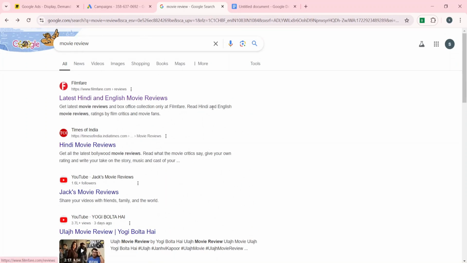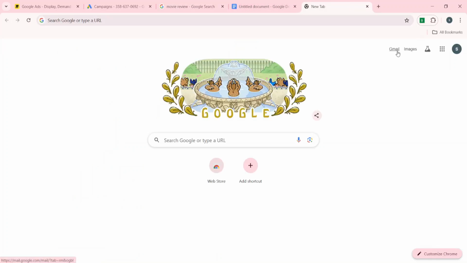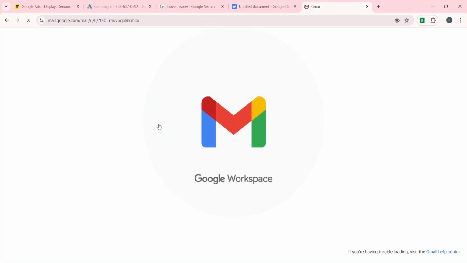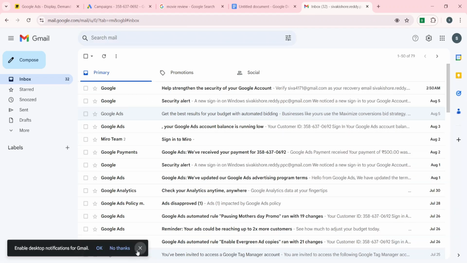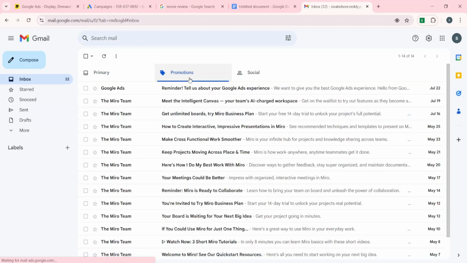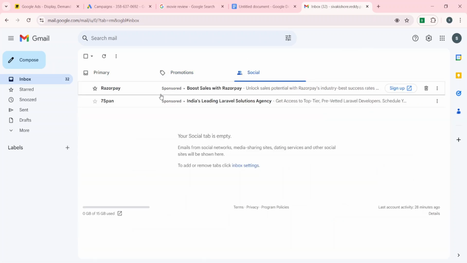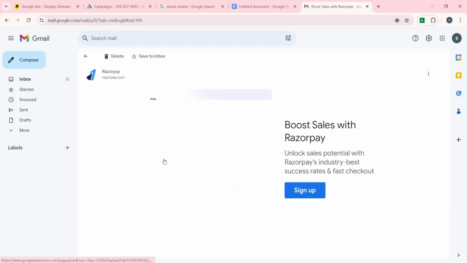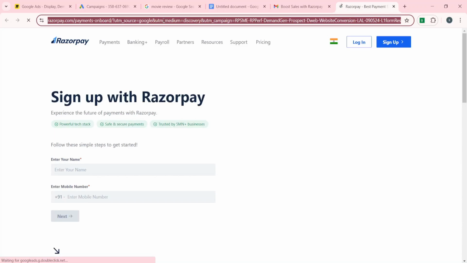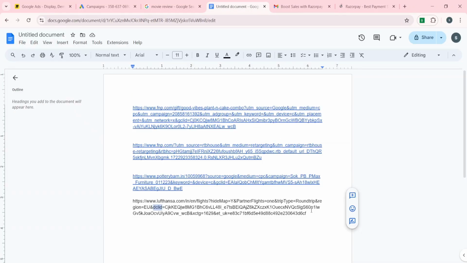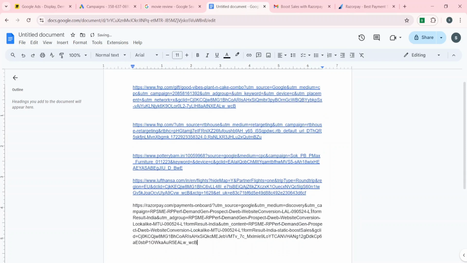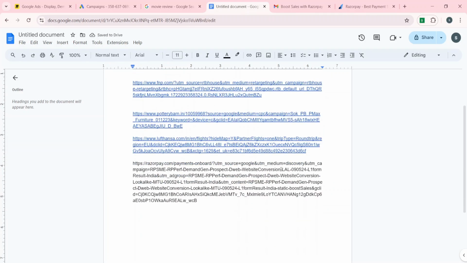So now let's see Gmail. Okay, now let's see Gmail, how they appear. So this is the Gmail, right? And let's see in the promotions if you see any ads. You see here we have two ads, right? You see sponsored, right? So let's click on it once. Okay, so I'm clicking on it. So copy this one, copy the URL, go here,